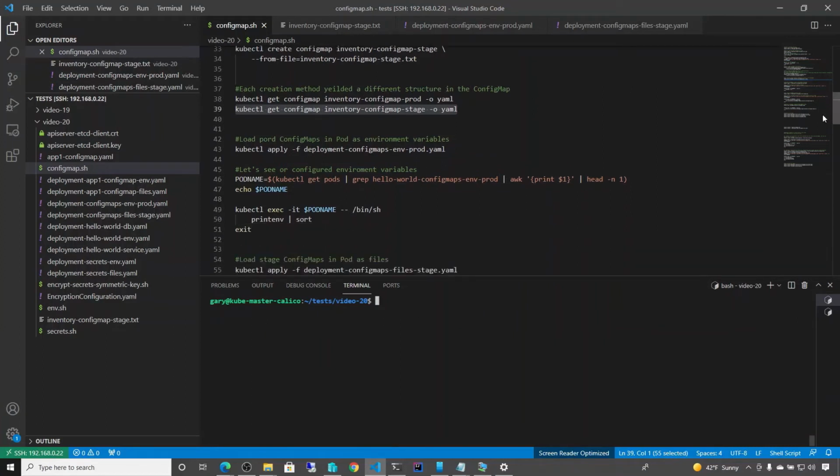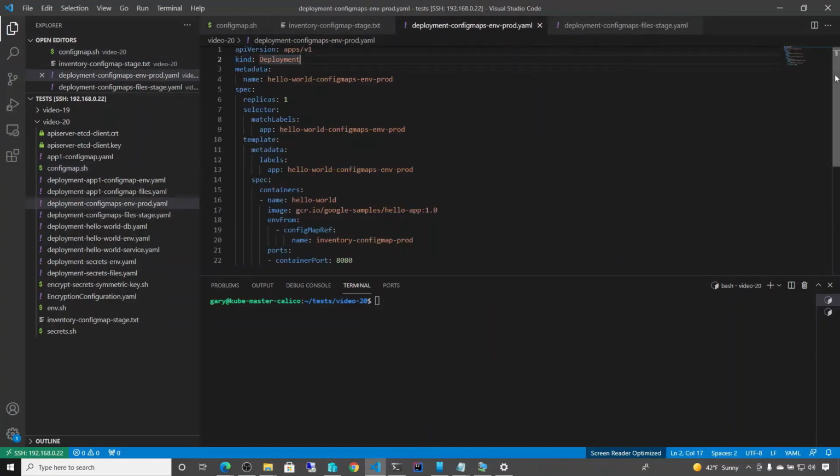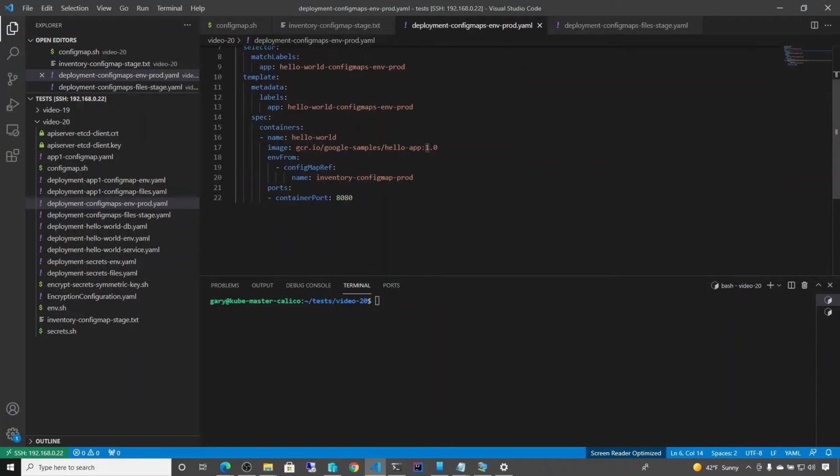Okay, let's go ahead and now do a couple of deployments first. On line 43, kubectl apply -f, and this is our prod deployment. So again, the number of replicas is 1. Again, nothing really new here, and the only difference